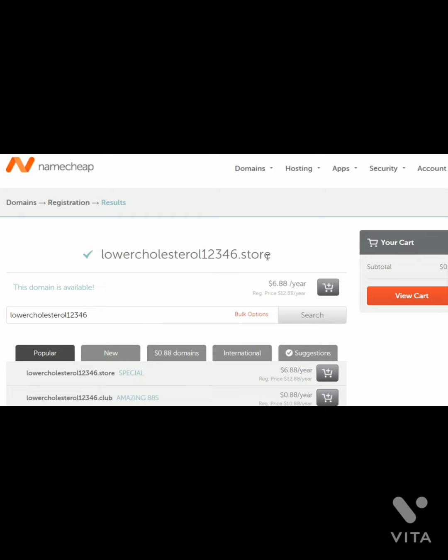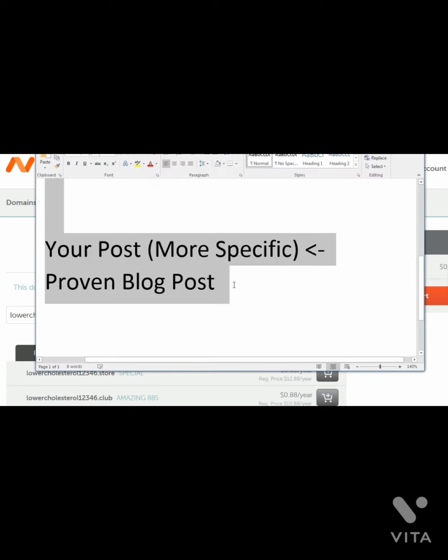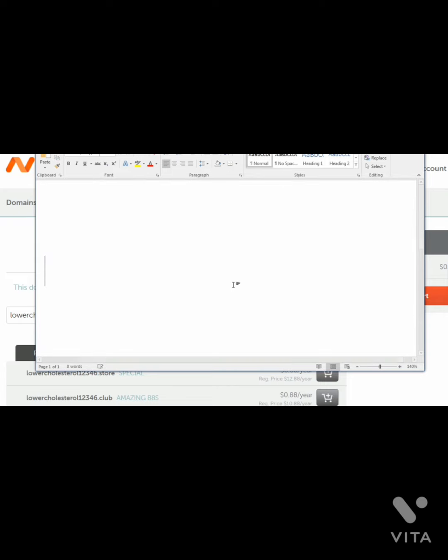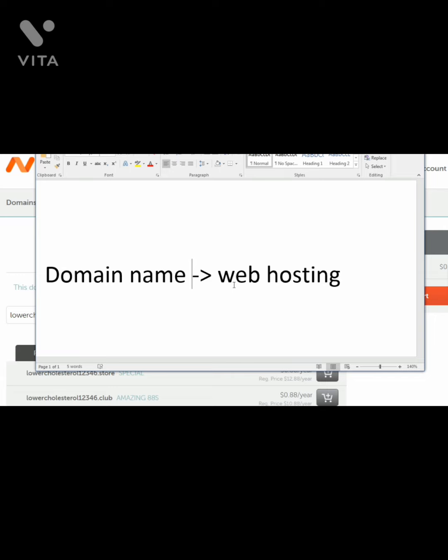Now you have to get web hosting. So essentially the way it works is this. If we go back over here, you need two things. You need a domain name, which is kind of like an address, and then of course you need to have web hosting. So if you think about a house or apartment, you always have an address, right? And of course the address points to a house. And then a house actually has furniture in it, and you can change the outlook of it, the design of it, and all that. That's basically what web hosting is all about.